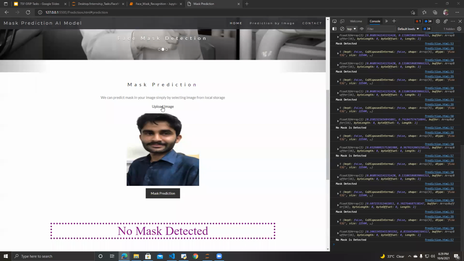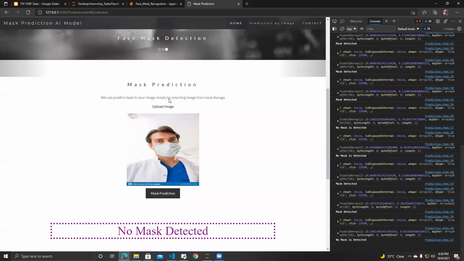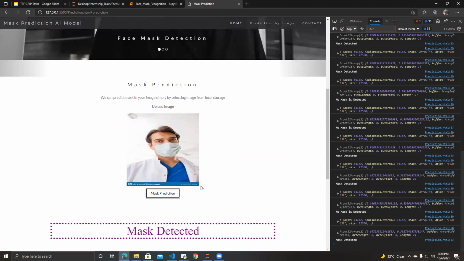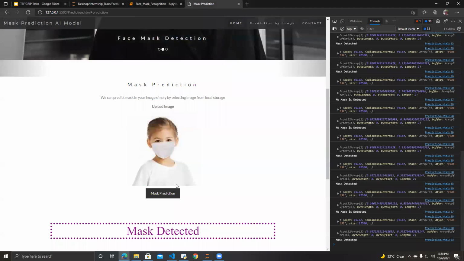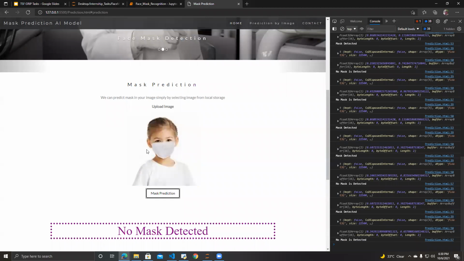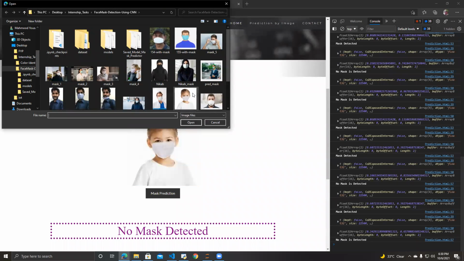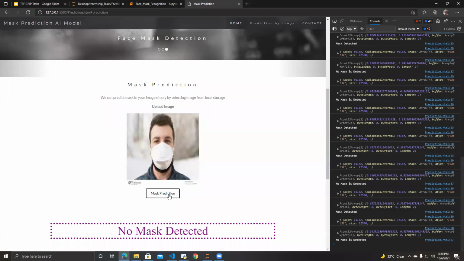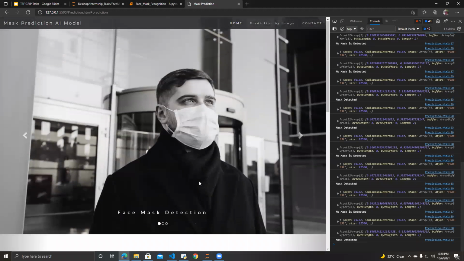So I finally fixed it. When I click on with mask, now the mask is successfully detected. Let's try another image here. So it's again a wrong guess. Here the mask is detected.